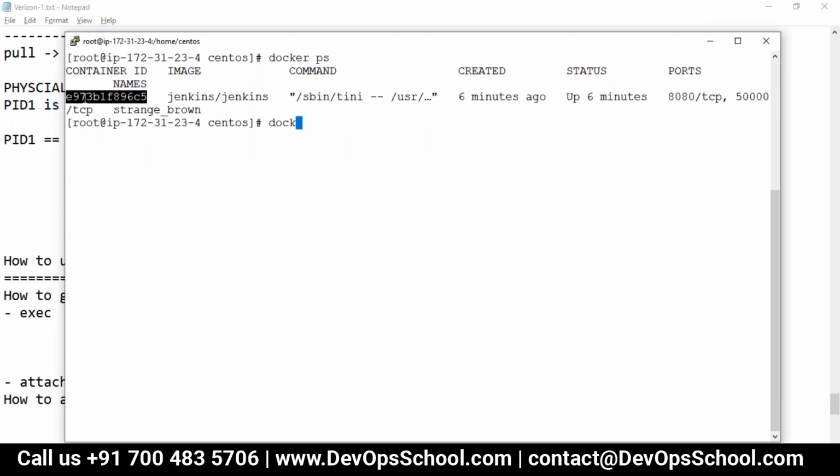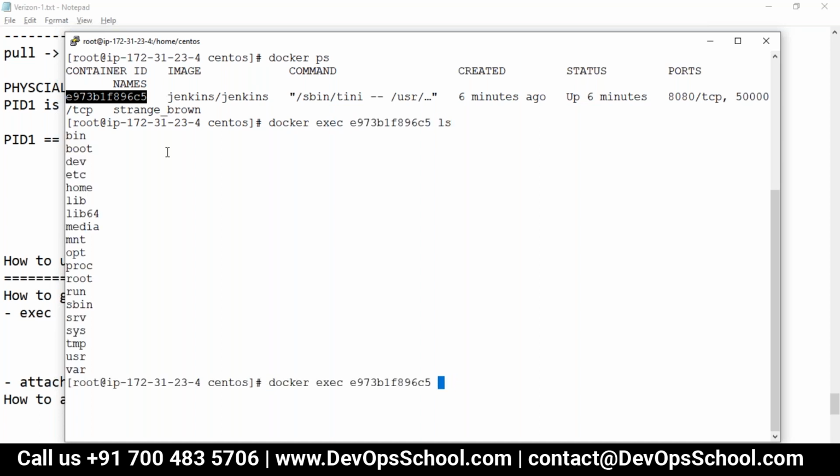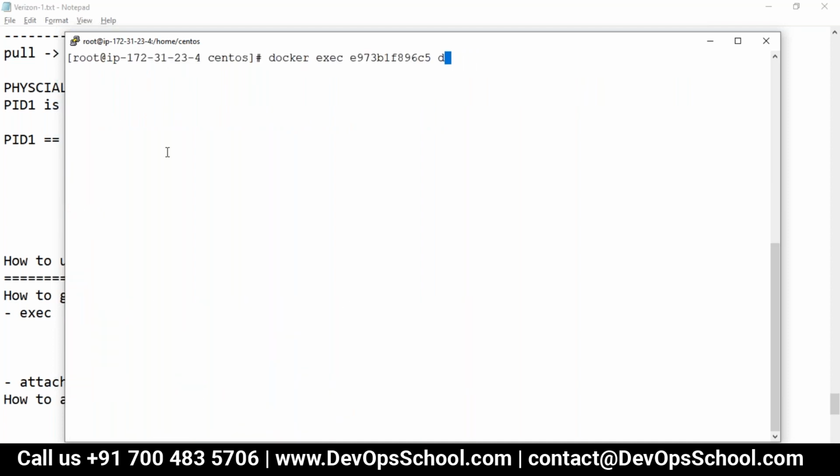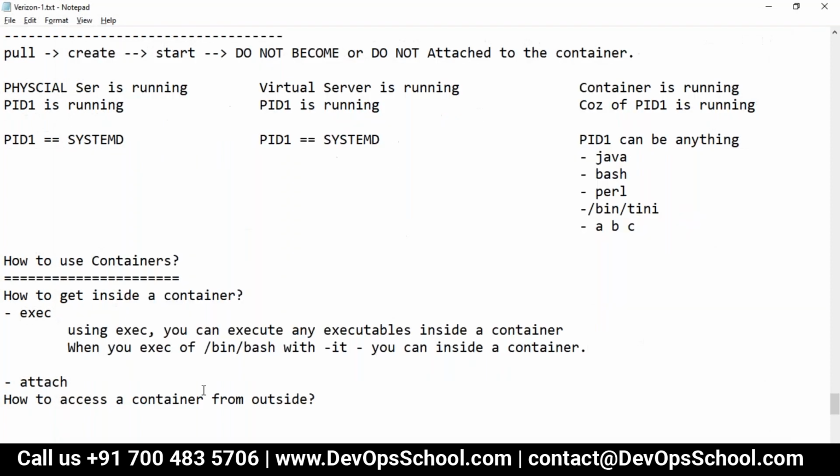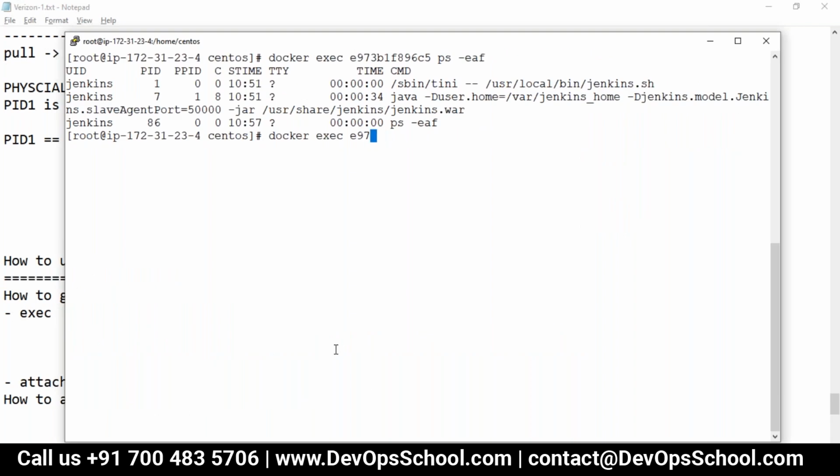I want to execute some command. So docker exec what? ls. Docker exec what? df -kh. Docker exec what? ps -ef. I can do anything using exec, but I said if you use bin bash with the IT combination, that means exec hyphen it means interactive.